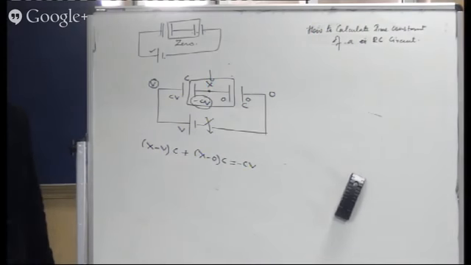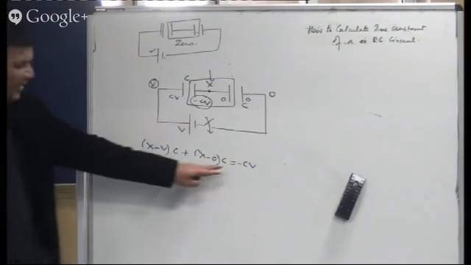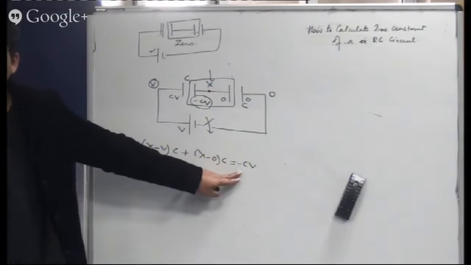I told you, two capacitors are only in series if the charge on the isolated system is 0. And if it is non-zero, definitely they are not in series. But then how do you use them? In the nodal analysis equation, this is not going to be 0. Instead, it's going to be